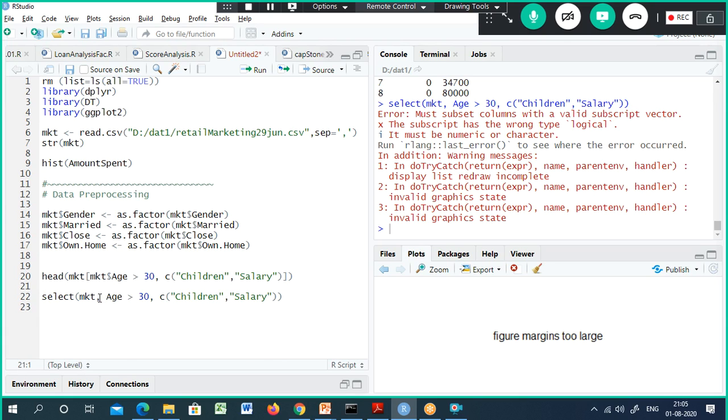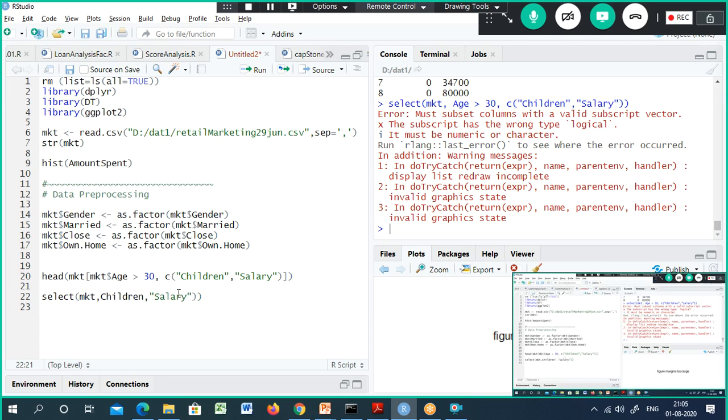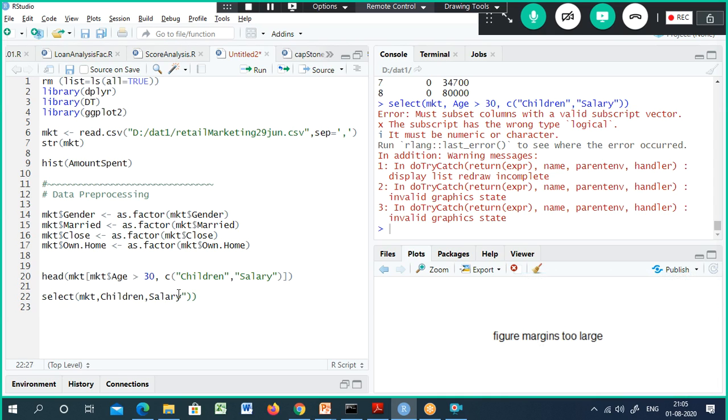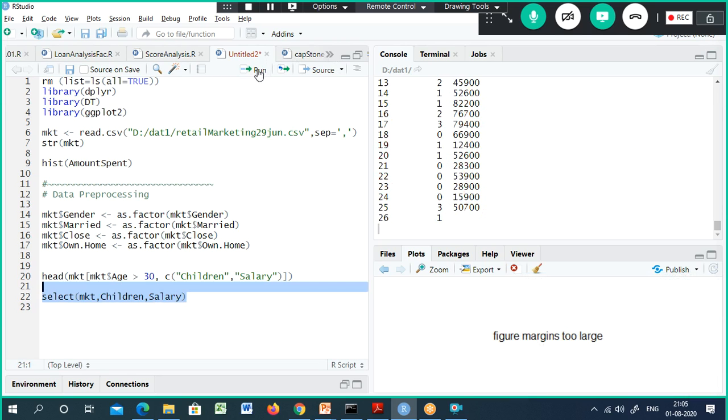Sorry, here what we do is comma, we don't have to give the C and all. Simple, very simple one. If I wanted to select the column, the select verb, whatever the columns